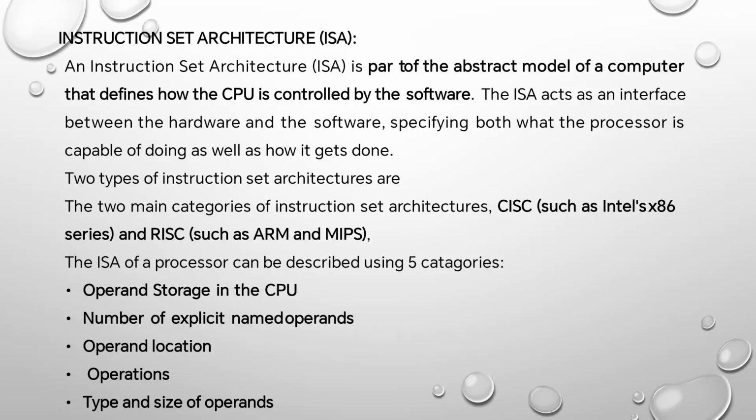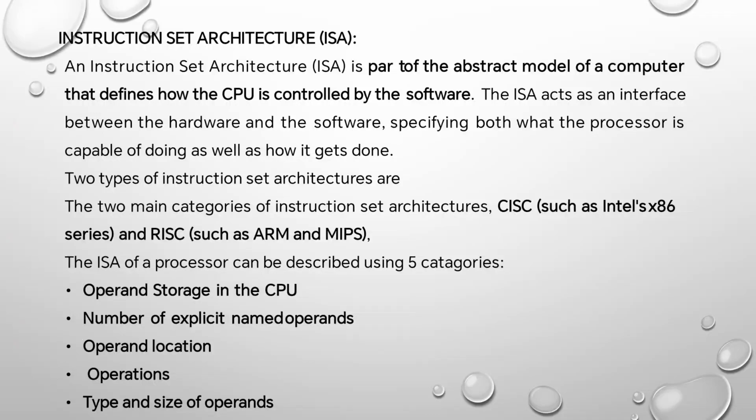Instruction Set Architecture. An instruction set architecture is part of the abstract model of a computer that defines how the CPU is controlled by software. The ISA acts as an interface between the hardware and the software, specifying both what the processor is capable of doing as well as how it gets done. Two types of instruction set computers are